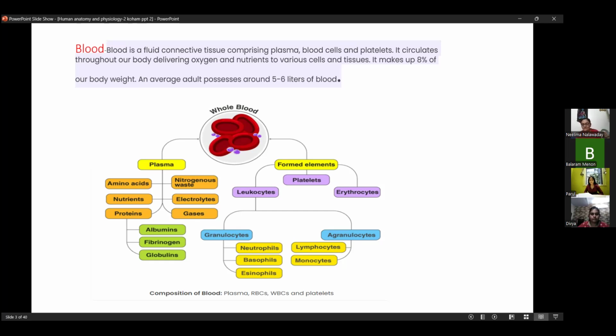Like that, platelets are responsible for clotting of blood. In dengue, when the platelet count goes down, what happens? The blood clotting factor is affected, and then we need to give platelets to that patient. It is very common nowadays. So that is the platelet or thrombocyte, which is responsible for clotting of our blood. And erythrocytes, red blood cells, carry oxygen molecules towards the cells.